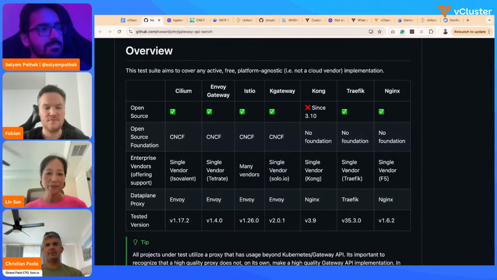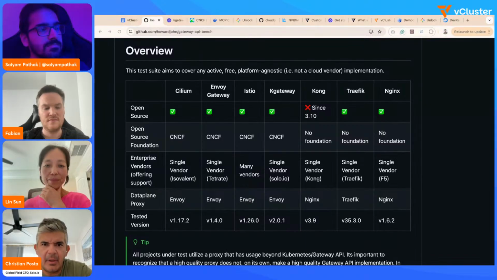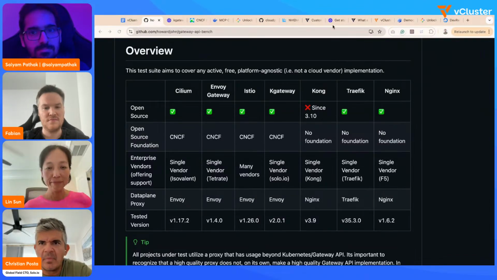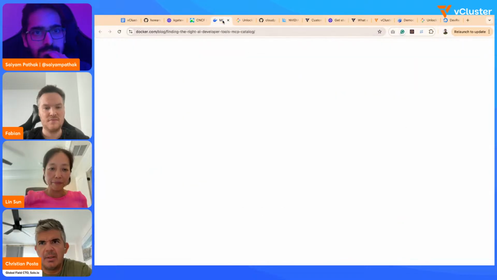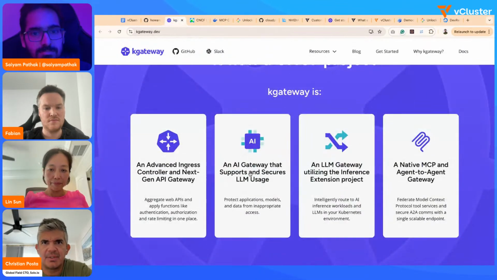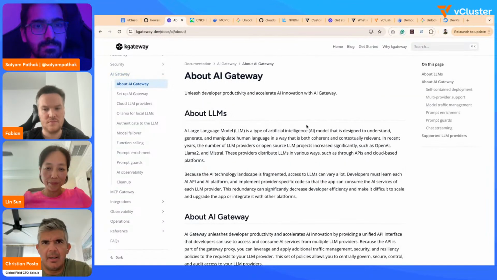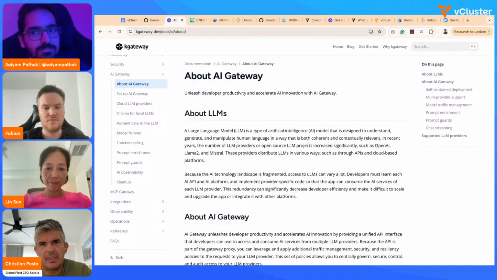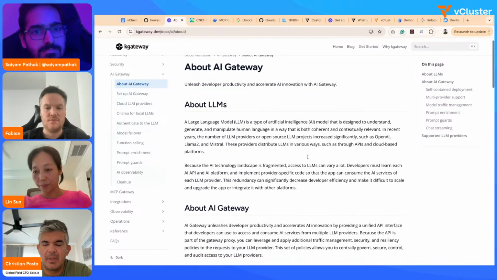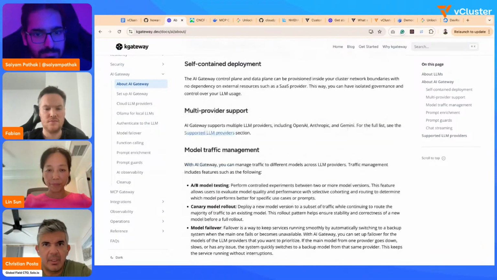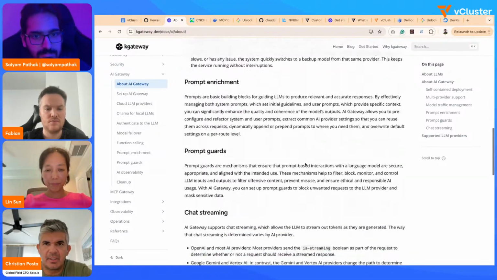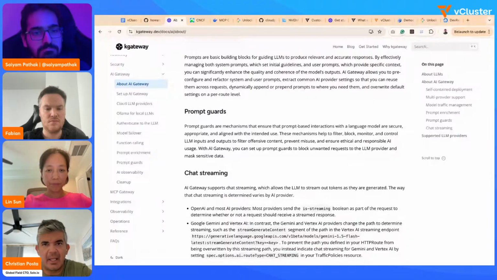Yeah, absolutely. So in kgateway, we support the LLM gateway pattern, which is a gateway that sits between your applications and the LLM. So it's an AI gateway, and with that gateway we can do things like enforce guardrails, failover and rate limiting, and even things like RAG and caching and so on.